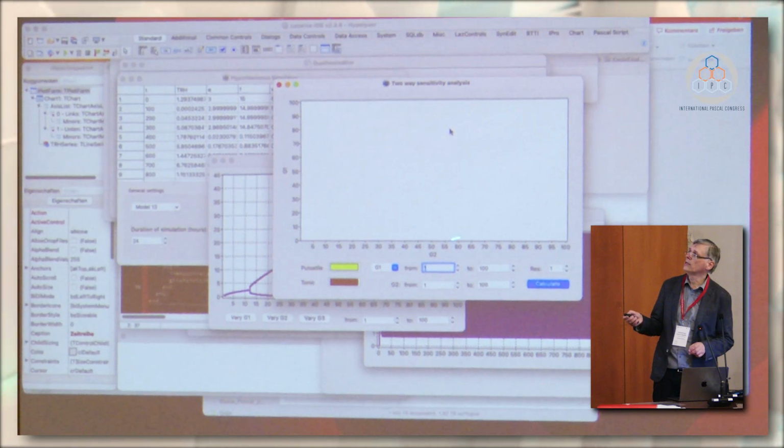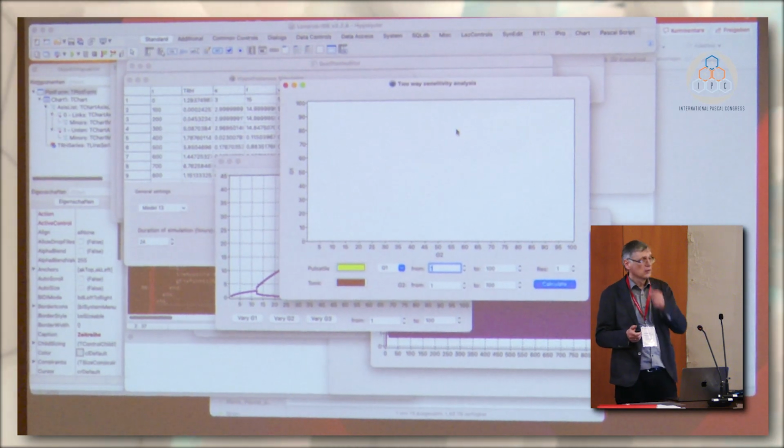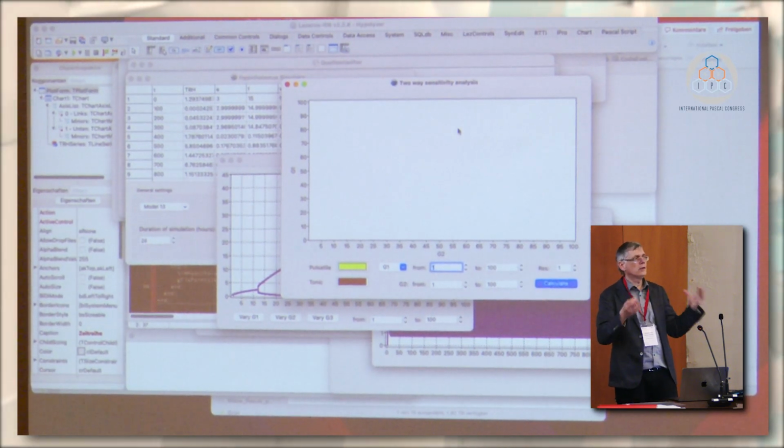uses this coordinate system from 0 to 100, so we have 10,000 points here in this two-dimensional field, and for every one of these 10,000 points,